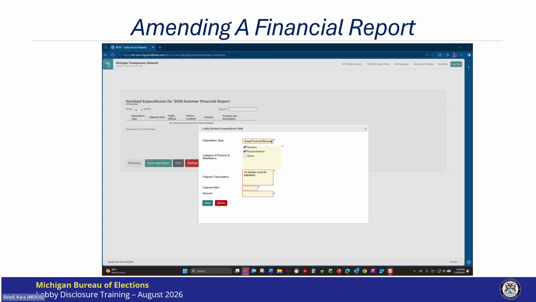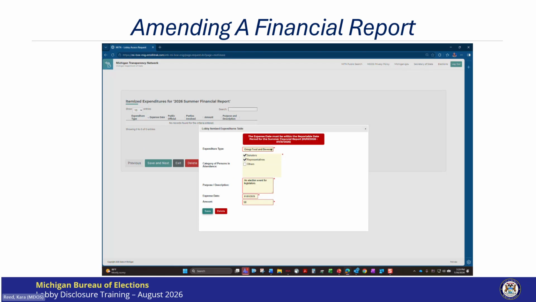We do have a guardrail in place to prevent an itemized expenditure being added outside of the reporting period. So I'm going to say that this expense occurred January 1st of 2025. Once I add the amount of $50 and click Save, you will see an error message pop up.